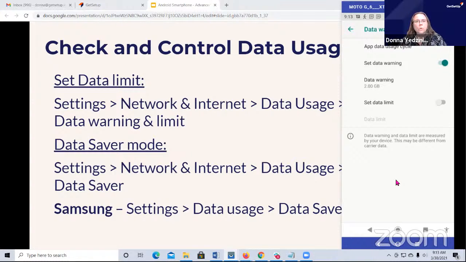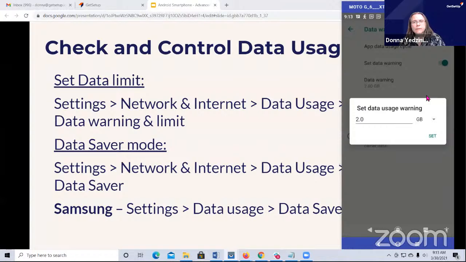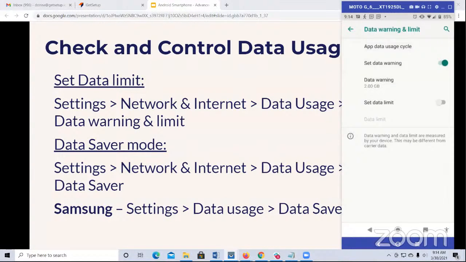If you see a data warning, what that would mean, I have this on my phone, is you can set a usage limit and you'll just get a warning. A pop-up is going to come up and say, hey, you met your limit. Here I've got a 2 gig limit, so it'll just say you've hit your 2 gig limit. And that's all it is, just a warning. Now, if you have limit,